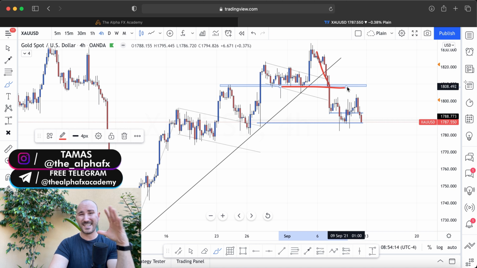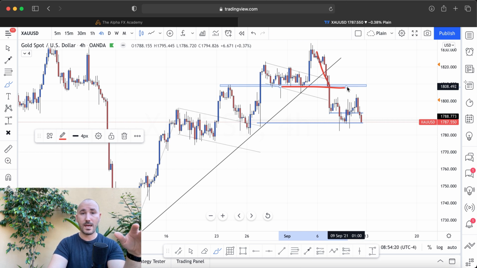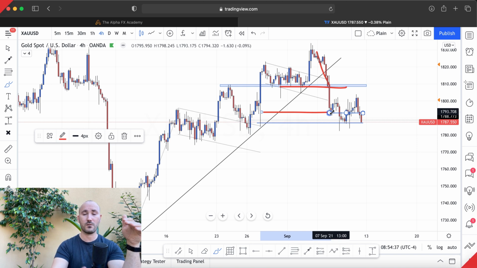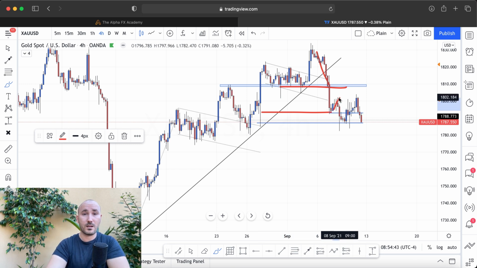The price in this example broke the previous high low, breaking the market structure, breaking the trend line. So we have two confirmations that the market direction is going to change. And then what happened is I sent out an analysis to my team that there is a good buying opportunity at the 1794 level. So I placed buy limits at 1794, which price did respect, did come up a little bit, but